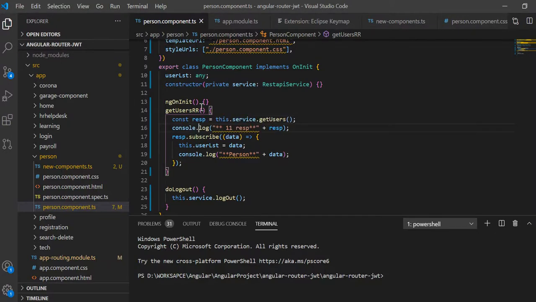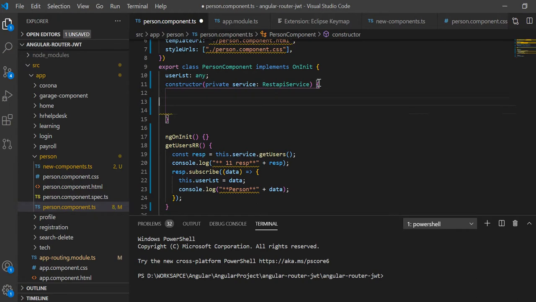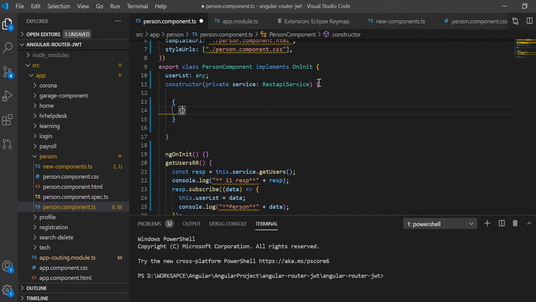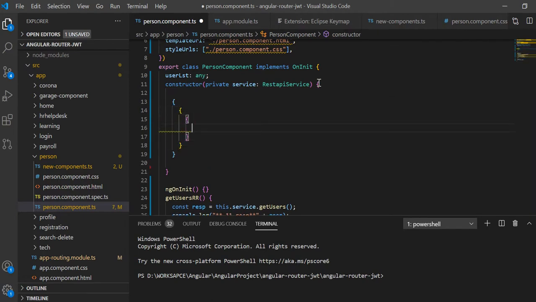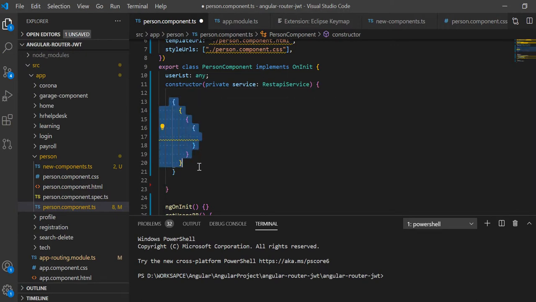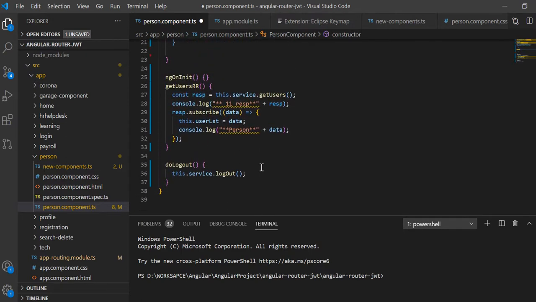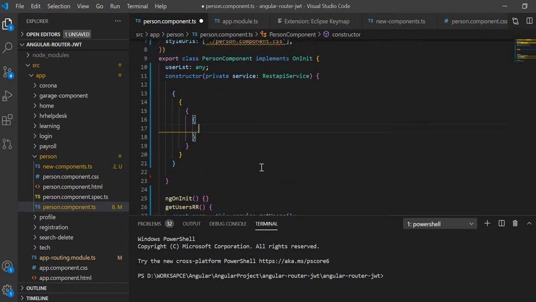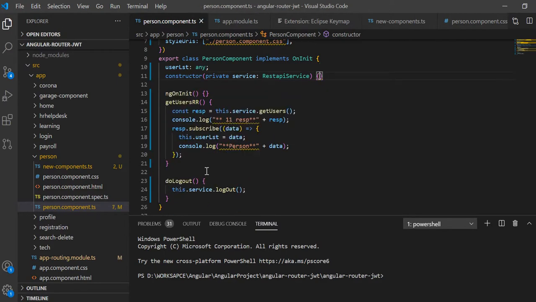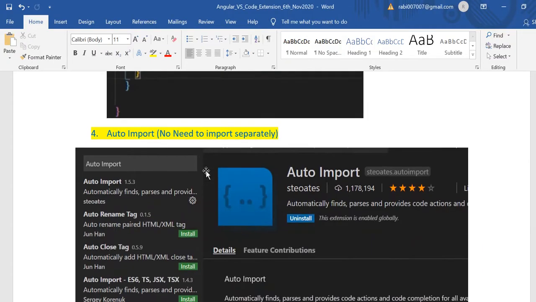Inside that, if you write one block, another color, one block, another color, one block, again another color. If it is a small piece of code, it's fine, but for a big chunk of code, it's very difficult to manage, right? And if I press Control S, this way we can maintain it.